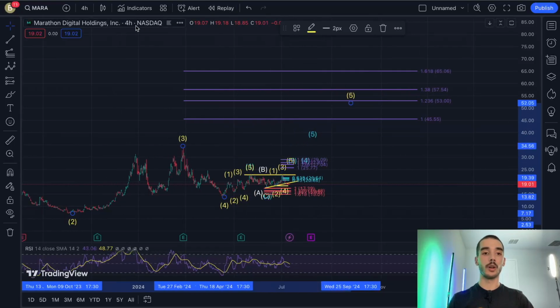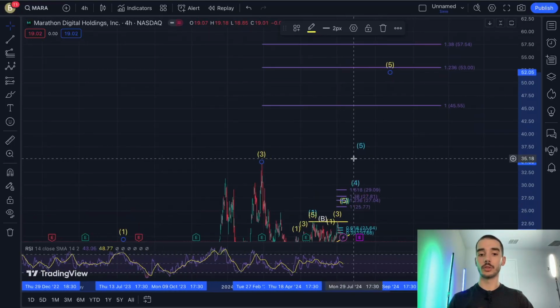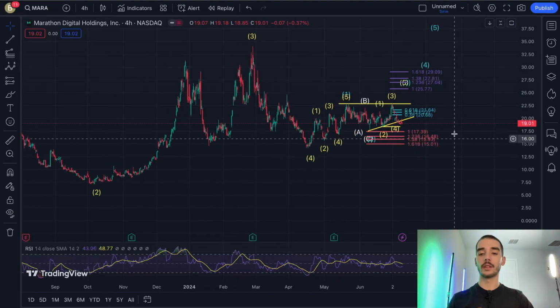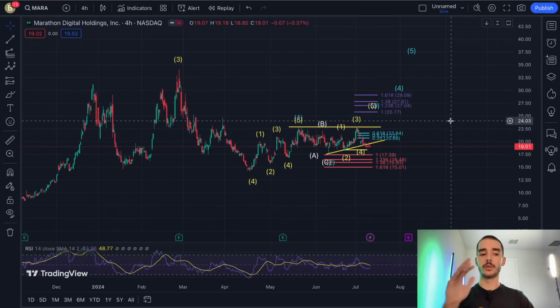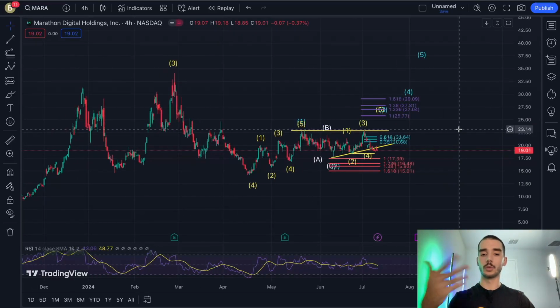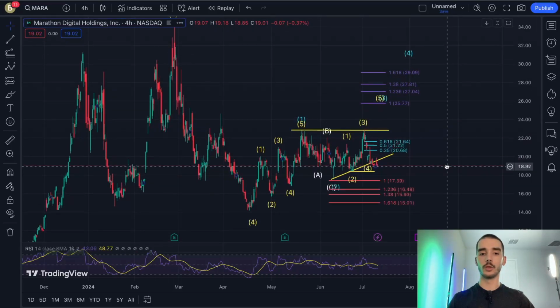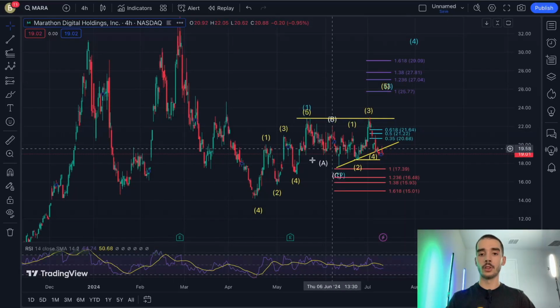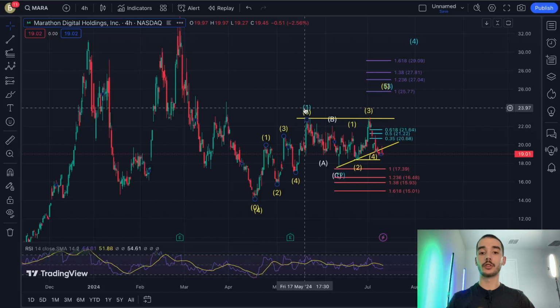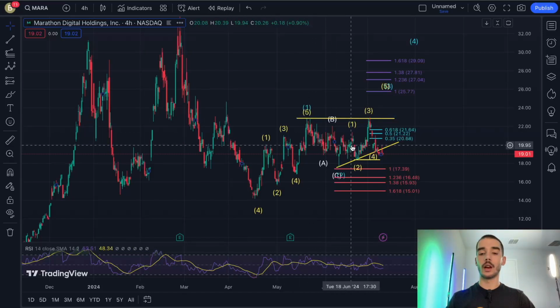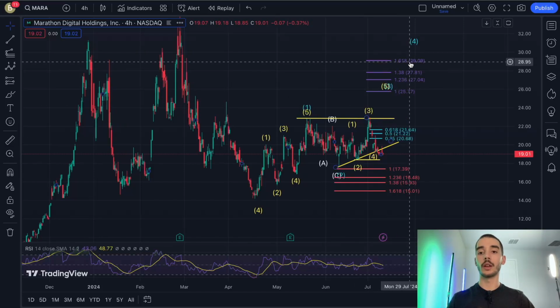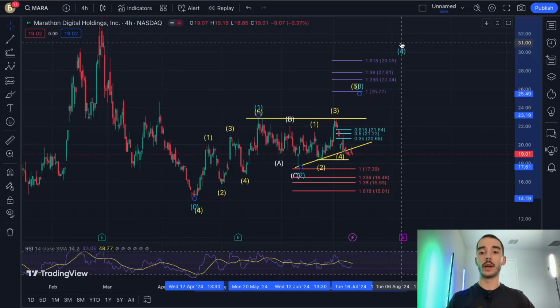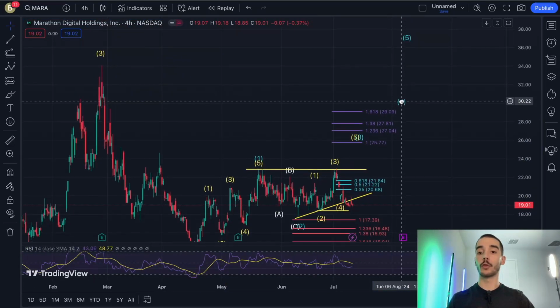If I go on the closer time frame, I just noticed this before starting to record, so you're going through this with me for the first time as well on this new little structure we're doing. So this is this overall first wave, and then we're looking for a second wave, and then a move up to the third wave. Once we have the third wave, we could determine where the fourth wave can be.